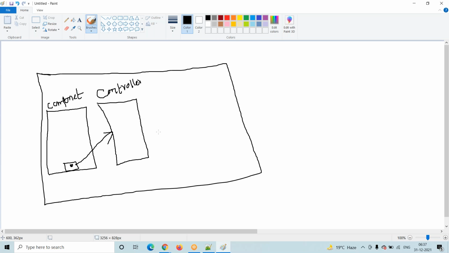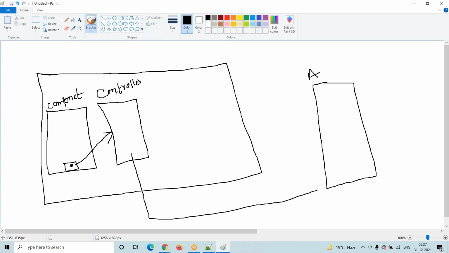So from the controller, finally, this is my Apex class. From the controller we can directly communicate with the Apex class. So where is this Apex class? Apex class is at the server side. From the controller I will forward my request to the server, and from the server I will connect to the Apex class. Yes, we can connect, no issues.